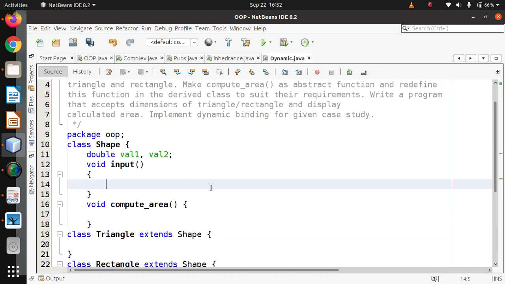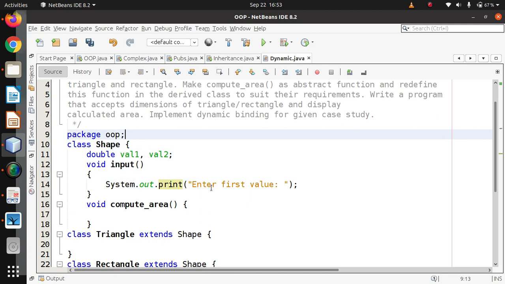Remember, for triangle and rectangle, both are shapes whose areas we are going to calculate. We need to remember the formula for that. And one more thing to remember is that triangle and rectangle both require only two parameters to generate their area. I'll show exactly what two values they require. But let's take the input of the data first. I'll ask to enter the first value, the first value for the first shape.